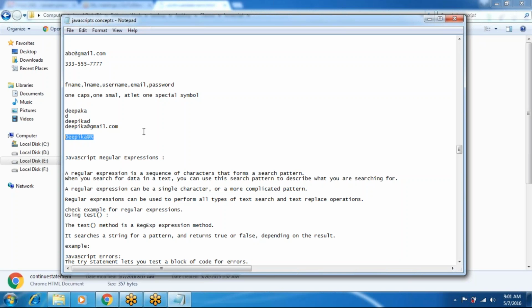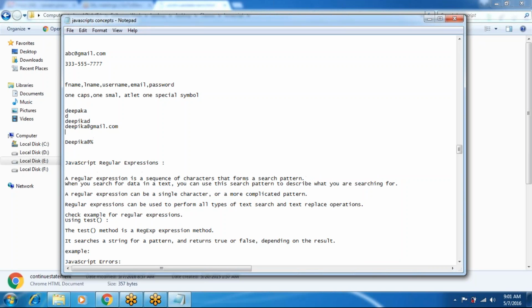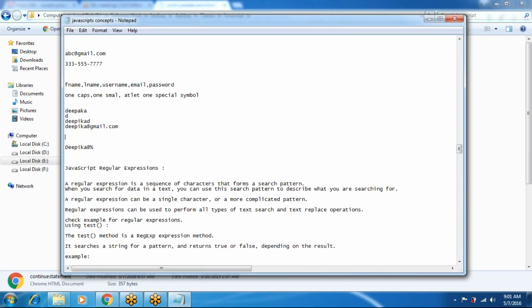And the email also will be checked, so you must enter the email format like abc at gmail.com. This is the format for email. You must use the at sign and a domain name, dot com or dot in or dot org, dot edu or anything.